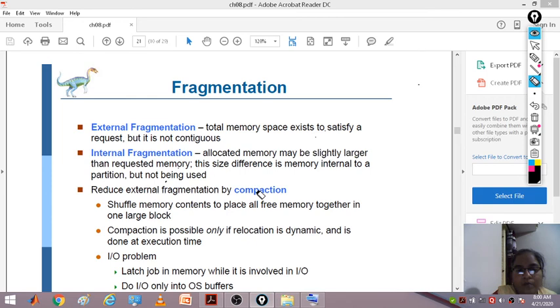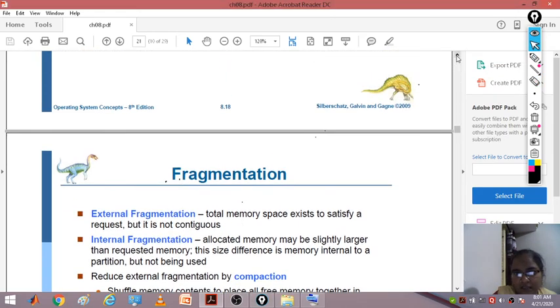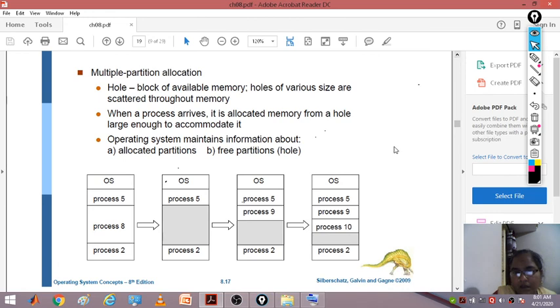Compaction means shuffling memory contents to place all free memory together in one large block. In this example, there is one hole here, so you move this up, and you create a larger hole.